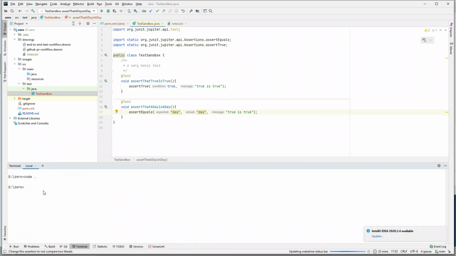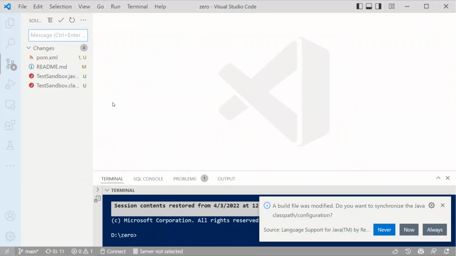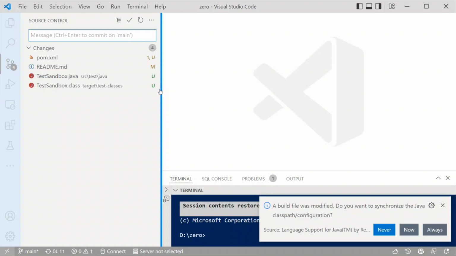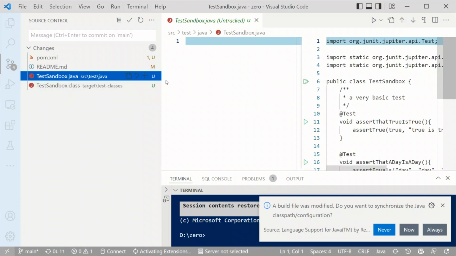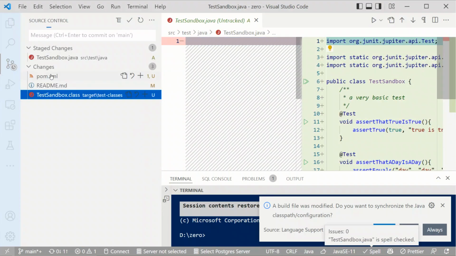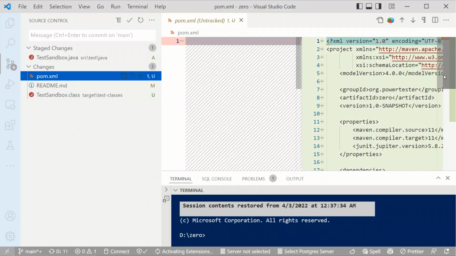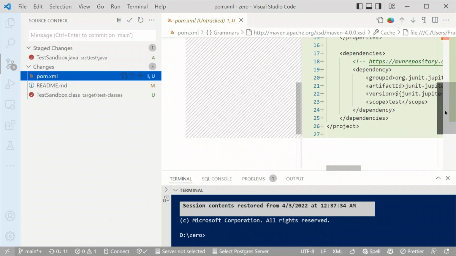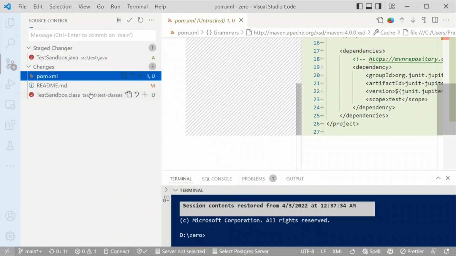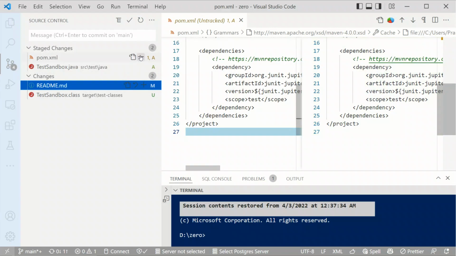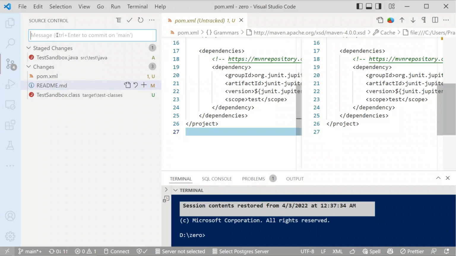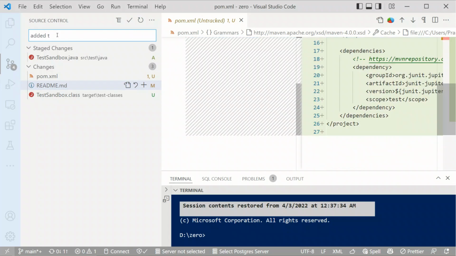So if I go to terminal, code, okay, so this should have been avoided. Let's add our sandbox class. Let's add this. Let's add the POM file. Very good. In fact, I should do it one by one. Added test sandbox